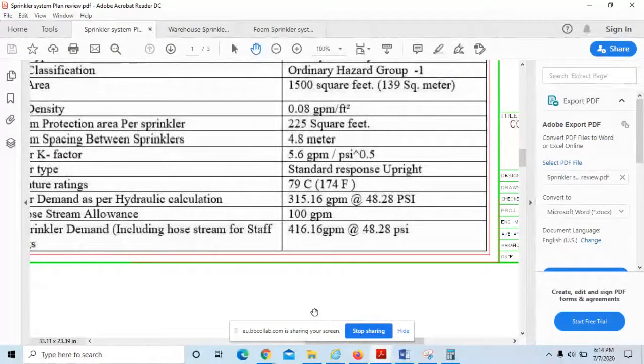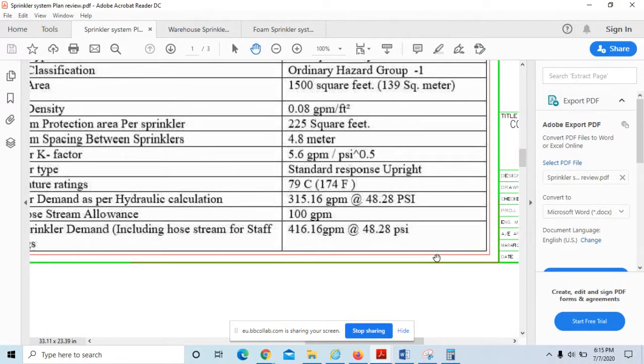Now you can select a pump which can supply 416 GPM at 48.28 psi. You can even use a pump of around 250 or 300 GPM, which can easily flow this, because at around 120 or 130% they will meet this requirement. The one we discussed in the fire protection design, right? How to read the pump curve and how to select the pump. Between 90% of the flow all the way up to 140% we can use, right? So now at this point you have to use your skills of fire pump design techniques.